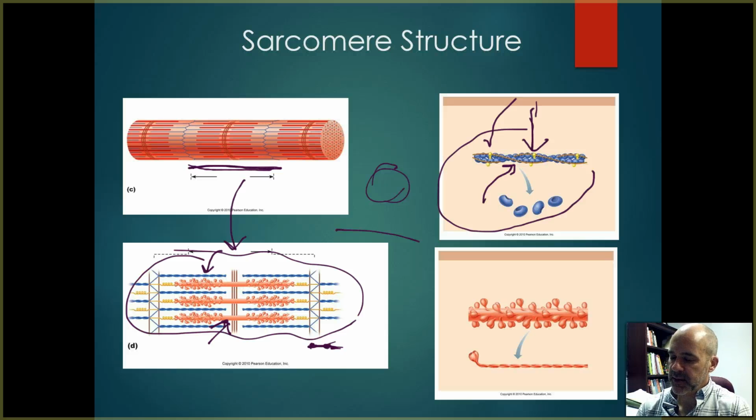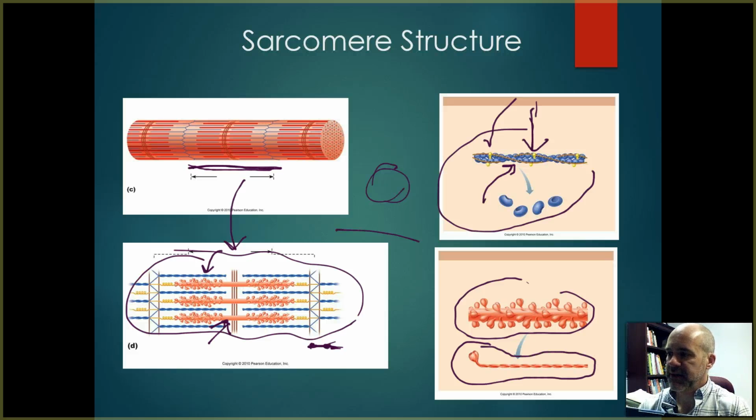Then the thick filaments look like this. They're bundles of these individual myosin proteins. There's a myosin protein where it kind of looks like a two-headed snake. And so the myosin heads over here are what actually make contact with the actin thin filaments when contraction is taking place. And then some of the other things you see on there, like the yellow squiggly lines over here and so forth,